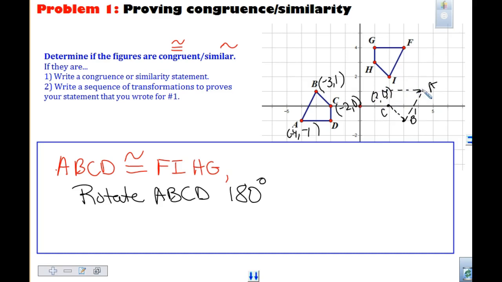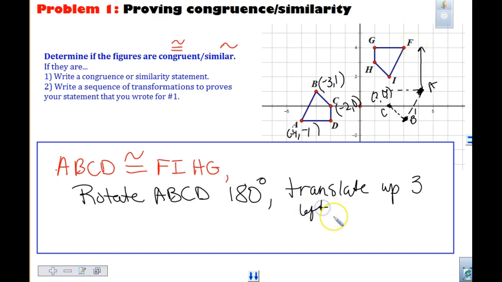So that's my 180. I don't have to draw all of it, but now I want to get it on top of that other figure. So what has to happen to where this point, like A prime is, to get it up to F? Up how high? Up 3. And so if you always kind of draw at least a couple of the points, that's going to help you. So up 3 and